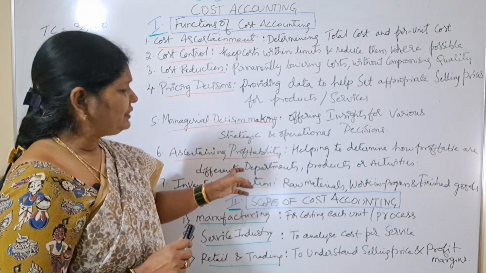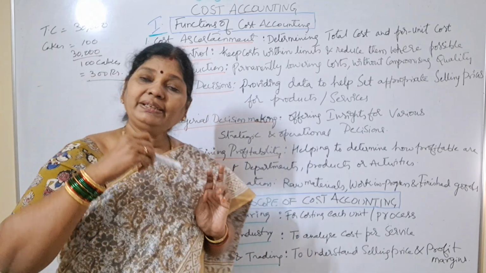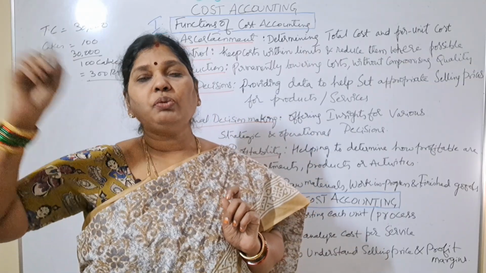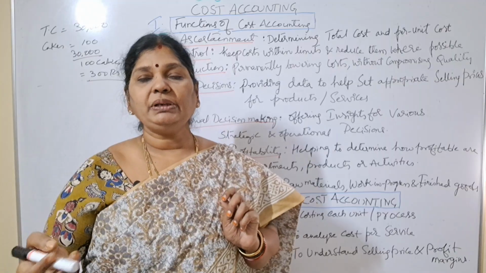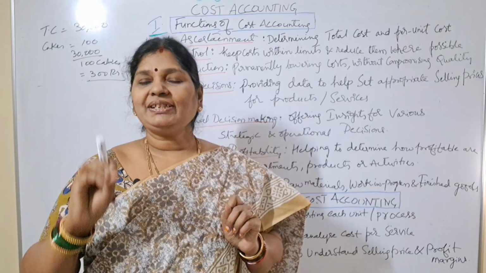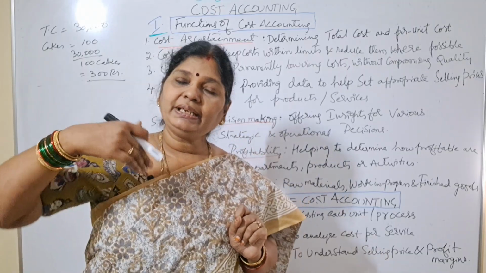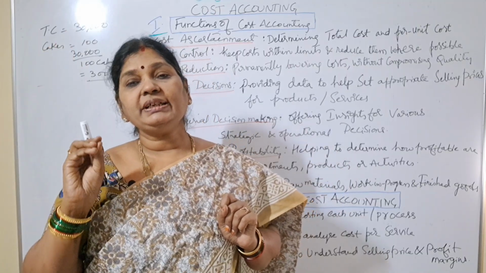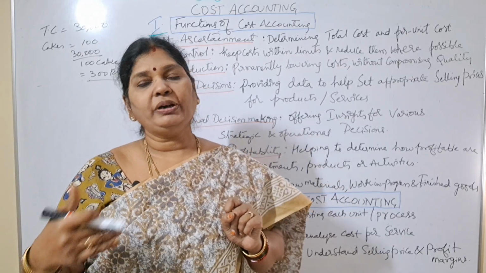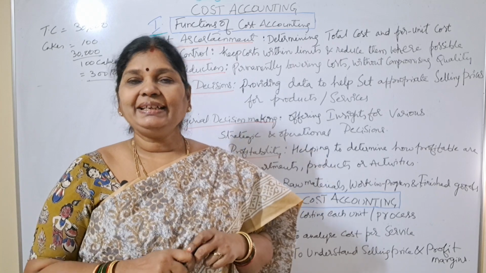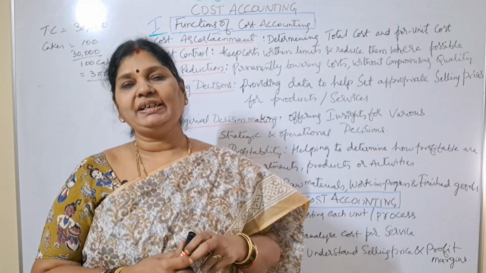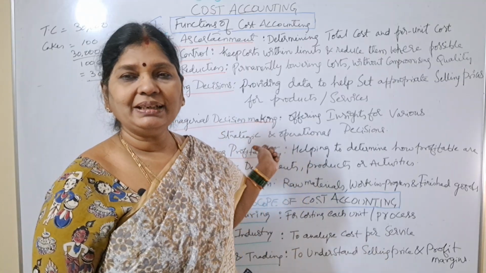Based on that they can decide which product can be expanded, means which products they can produce more. Say for example, if there is a lot of demand for chocolates, they can make more chocolates, right? If there is a lot of demand for ice creams, then they can increase the production of ice creams. Suppose Srikhand is not making much profit, then they can reduce that particular product, right? Like that they can see which product is more viable or which department is making good profits. They can understand only by seeing the cost information.